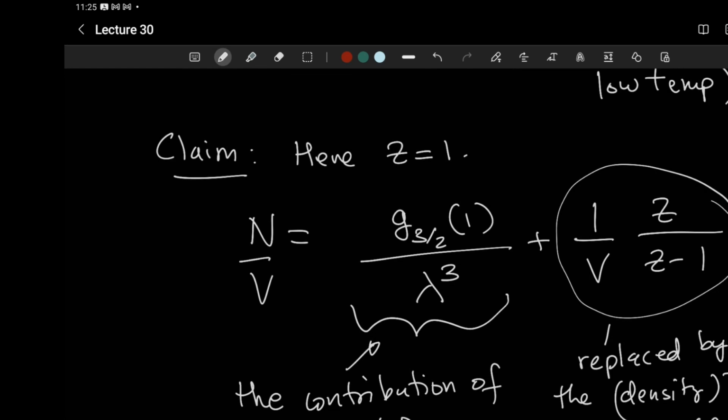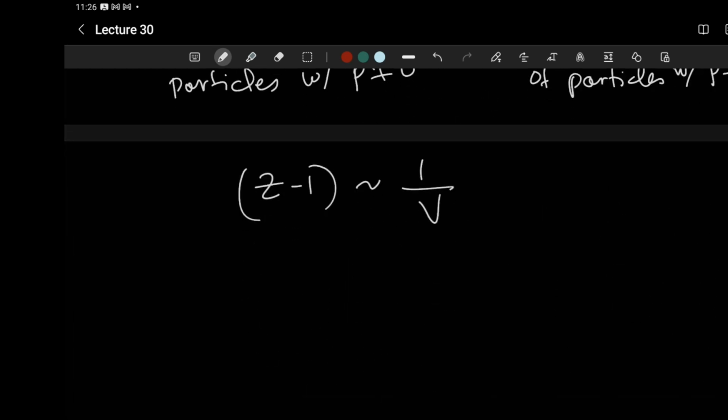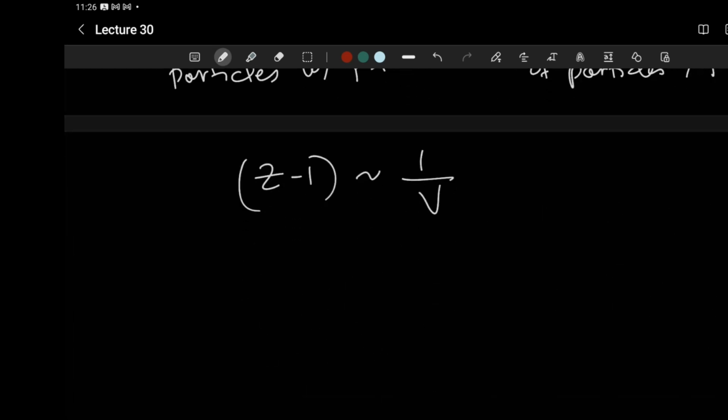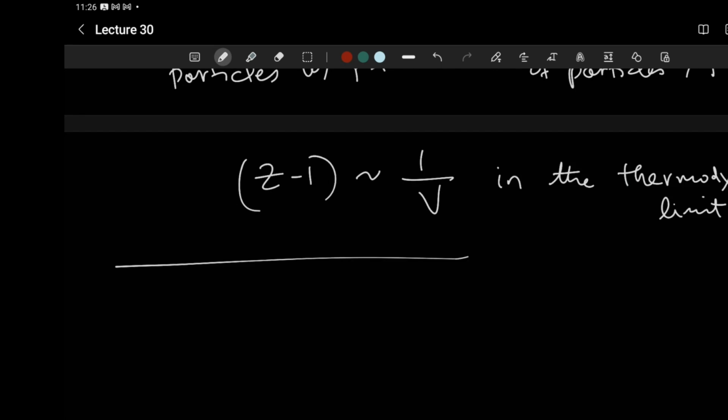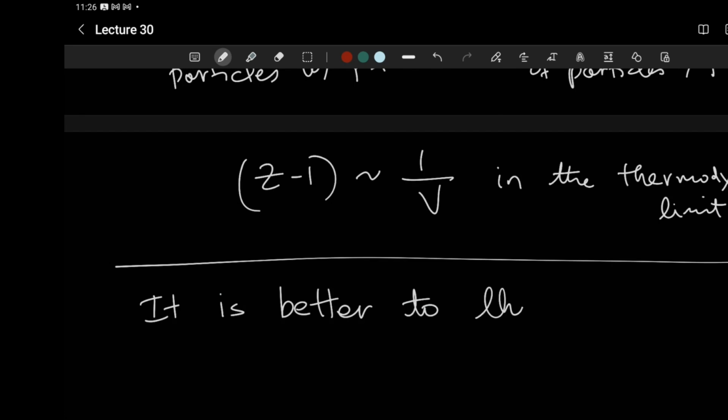But it's better to just forget this whole term and say that there's a finite fraction, and this is telling you what that fraction is. So in other words, in the thermodynamic limit, let me just write this. Okay, so this is what we want. So it is better to think of the ideal gas